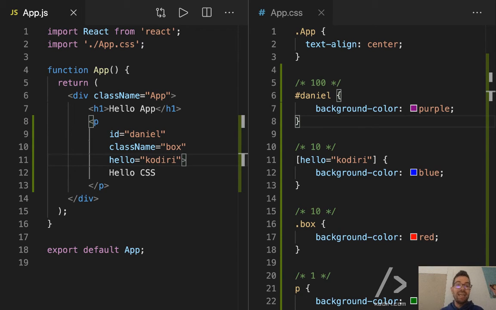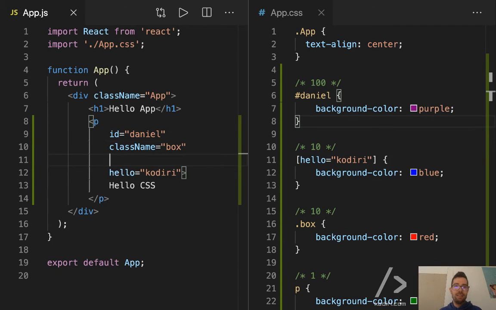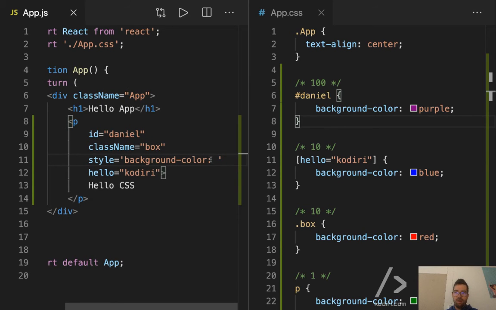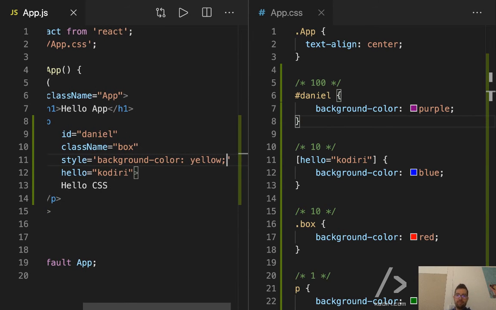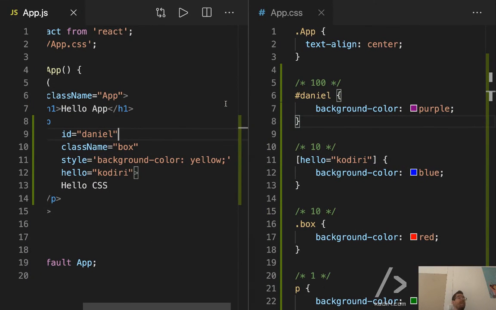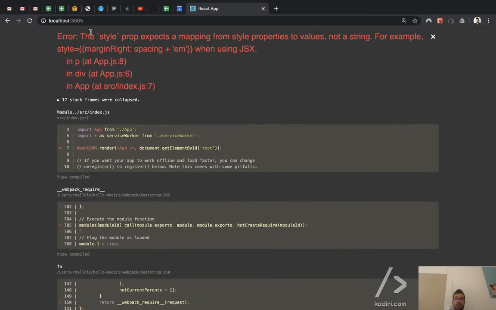In HTML, you can do something extremely controversial, but it's still valid, called style. And when you do styles, you can do something like that. Yellow. Be careful, because if you do that in HTML, it will work. But if you do that in a React application,